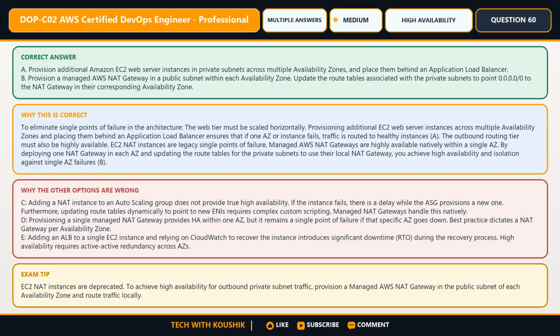The correct answers are Option A. Provision additional Amazon EC2 web server instances in private subnets across multiple availability zones and place them behind an application load balancer, and Option B. Provision a managed AWS NAT gateway in a public subnet within each availability zone. Update the route tables associated with the private subnets to point